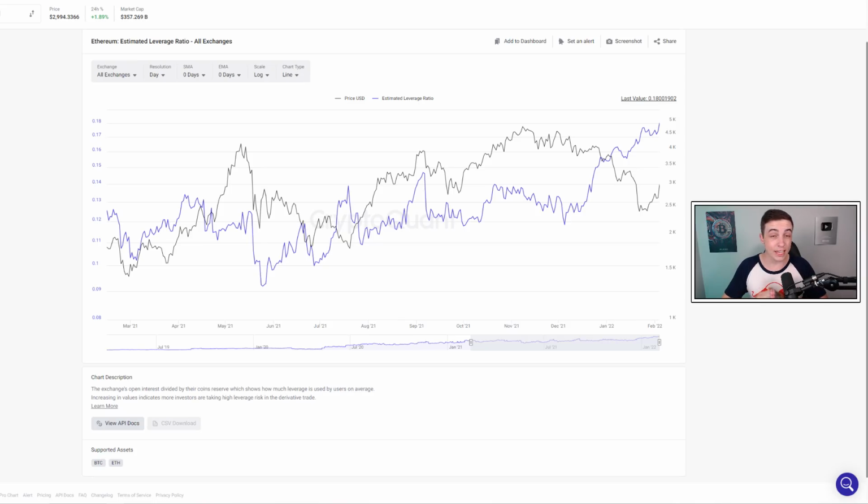But what's very interesting is the Ethereum estimated leverage ratio still at record highs. This means one of two things: either there's still a lot of Ethereum open interest currently active on exchanges, or a lot of Ethereum is getting withdrawn from exchanges, or a mix of the two. And so this simply means that we are still at risk of a possible liquidation event, either a long squeeze or a short squeeze. So I will be sure to keep you updated on this here on the channel and